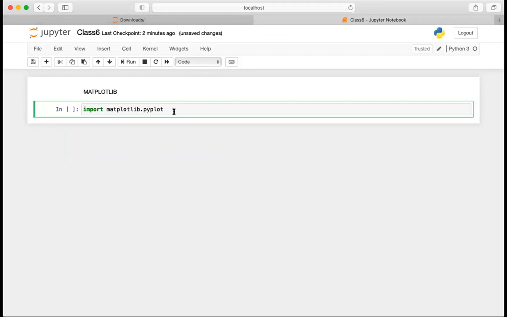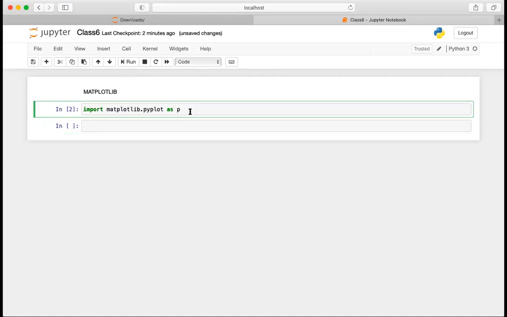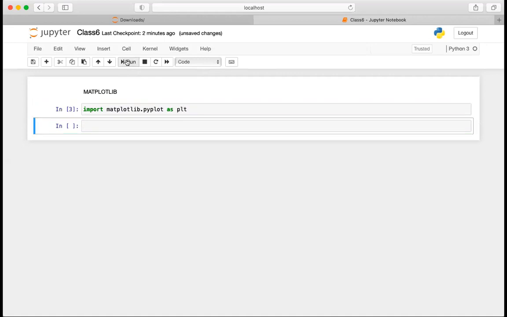Okay, so you can see matplotlib. So import matplotlib.pyplot as plt. You can give it your own name also. I can give it as swastik or whatever, it doesn't matter. I just don't want to write matplotlib.pyplot at every stage; I just want to write the shortcut plt. You could write p also, and it will still run. It's not going to worry you. But I'll write plt only because that's the standard.